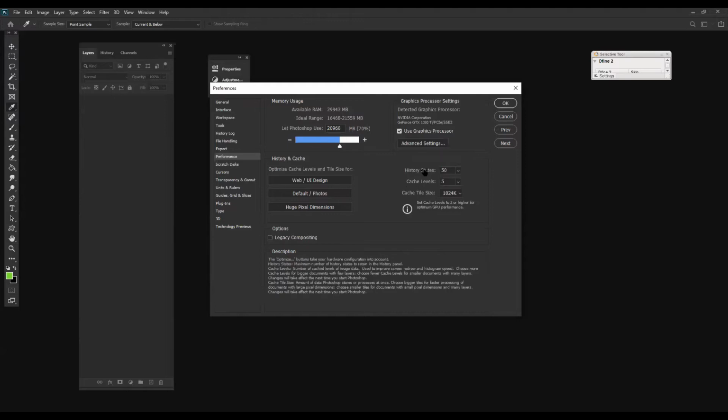Secondly, history states. History states are a very important thing. Whatever work we are doing, it records a history which you can go back and come back. So now the history state is 50. We can raise it up to 1000 if we want to. But what happens if we increase the history state?